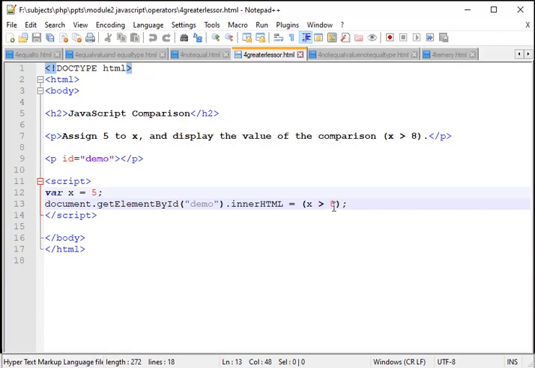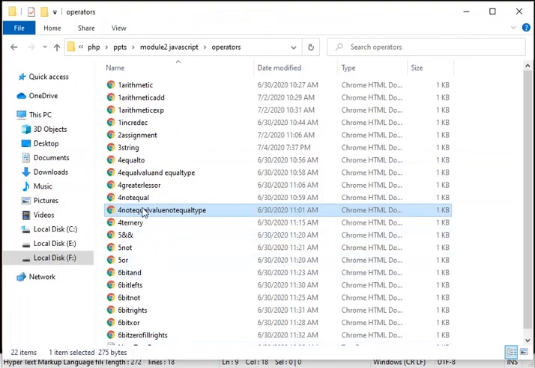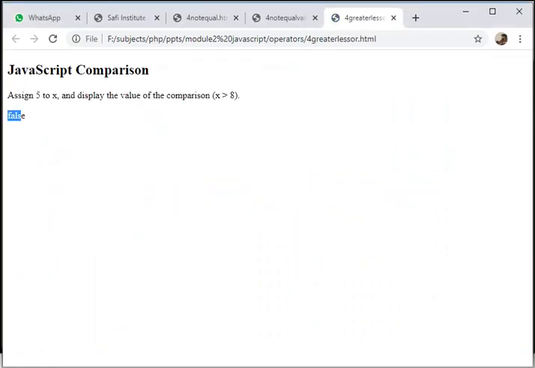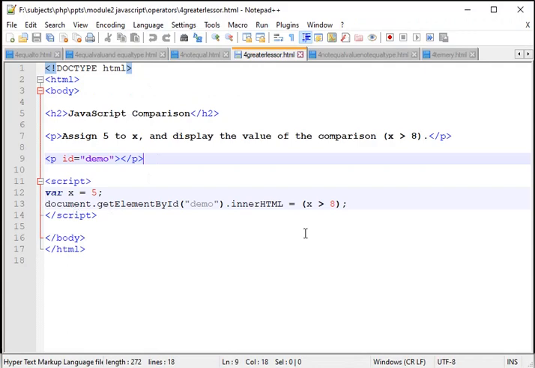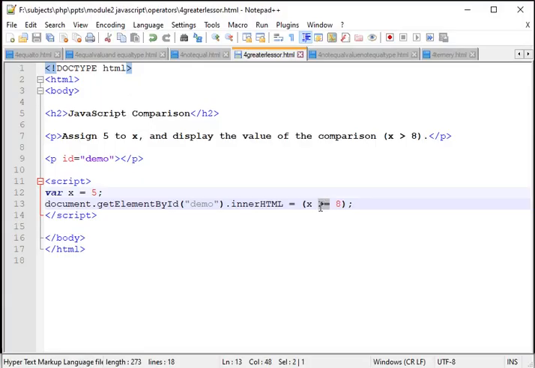No, 5 is less than 8, so it will show the result false. See, now we deal with greater than or equal to, then run it. We know that it is not equal to 8, so the result will be the same, false. Now we deal with less than.